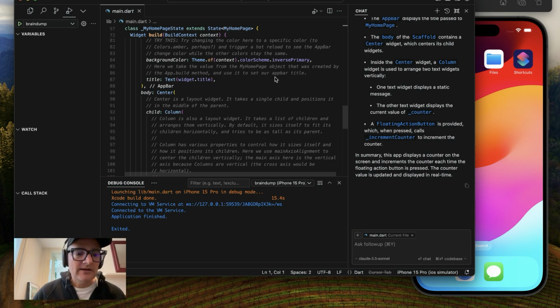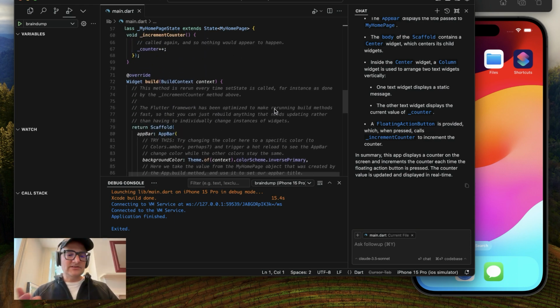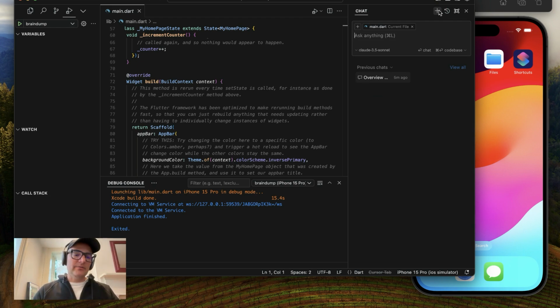And now that we have Flutter's example project going, let's just strip all that stuff out. We want to build this app from scratch and there's not a lot of code in here. This is mostly comments. So let's use Cursor's built-in chat interface to clean this out a little bit. So I am building a new app called Brain Dump. I'm just typing here in Cursor's chat interface, called Brain Dump, and I want to modify this sample Flutter app to reflect the name change.